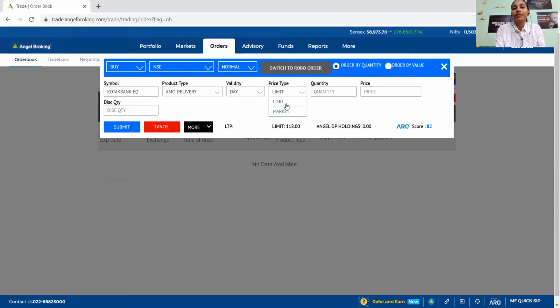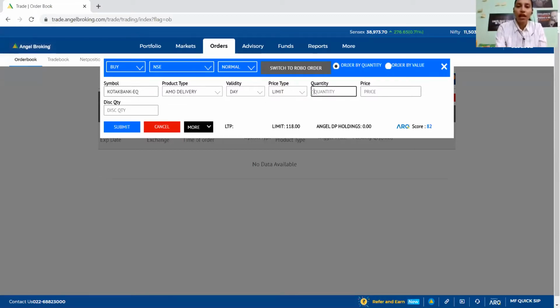Then the order type is limit. When you press market, remove these things from here. You see this? The price will not be over here, so you have to actually place it on limit. Market means the price which is running on the screen. But suppose you enter at 1350, suddenly sometimes it moves up like 1355 and 1357. You don't want to buy at the market price when it is running up. You can place your order saying that I want to buy at this price. That is why we place the limit price.